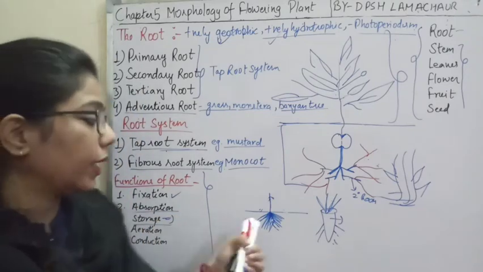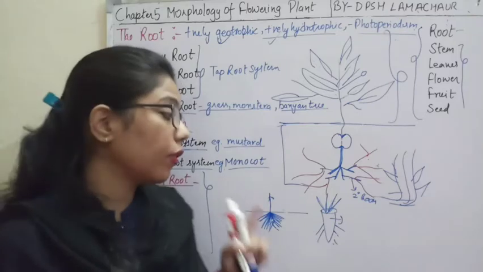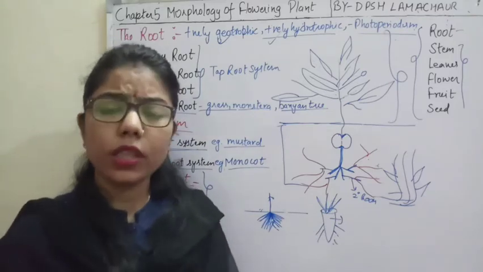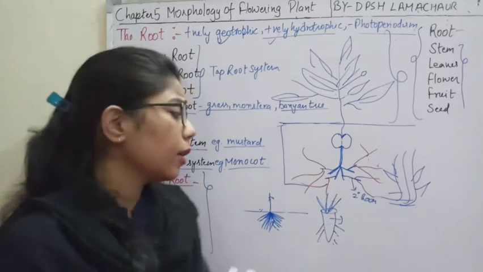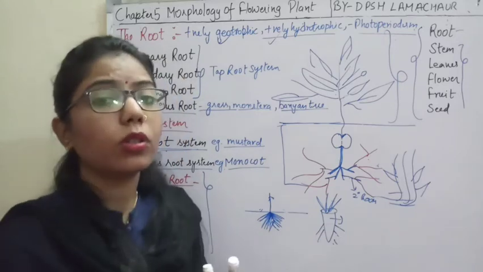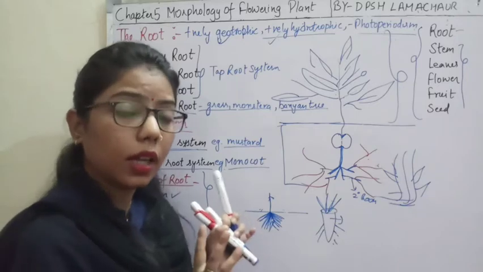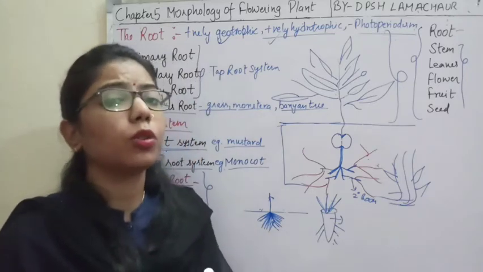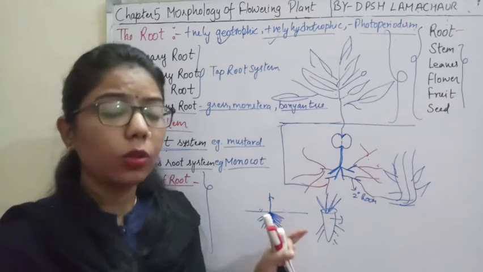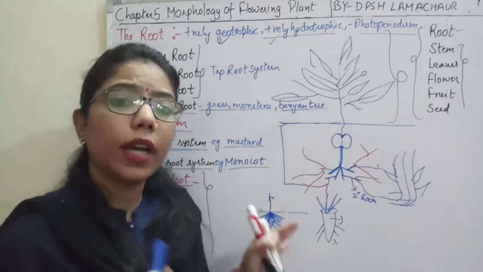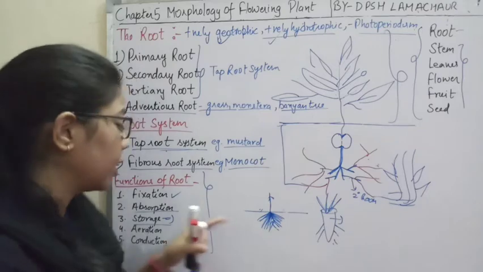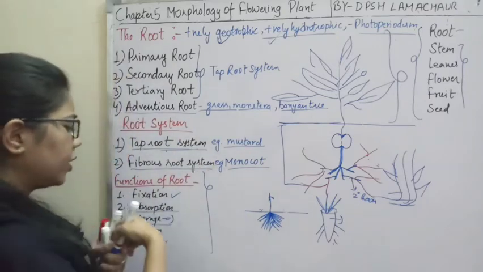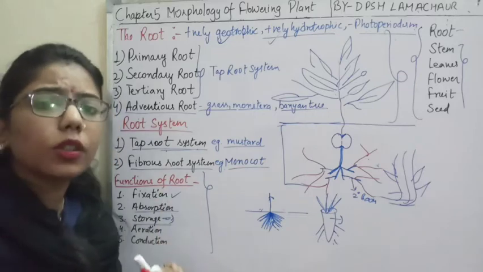One thing I want to add here, that we will not give the example of potato. We will say that potato is also storage, but yes, it will not come under the root, because potato is not the root. It is a modified stem. Tubers of potato are always a modified stem, so they will not come under the example of the roots. Clear? So here we have done that storage is the function of the root.